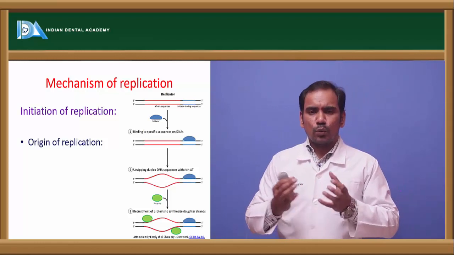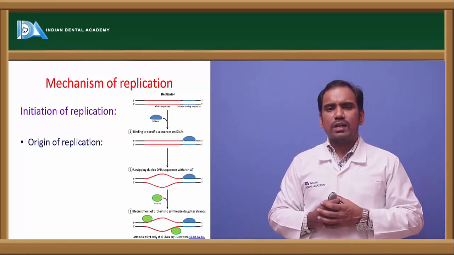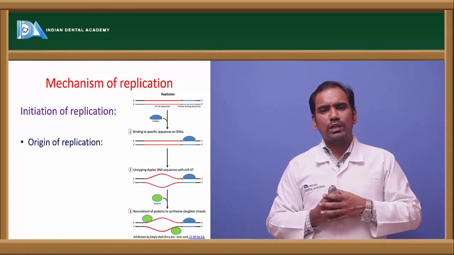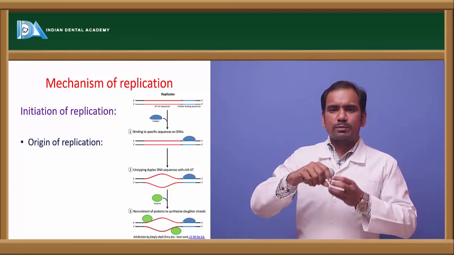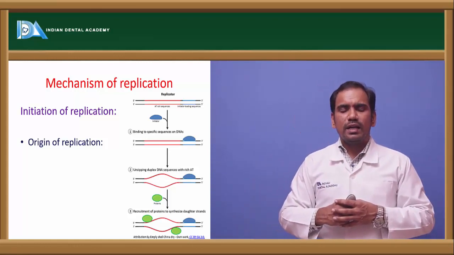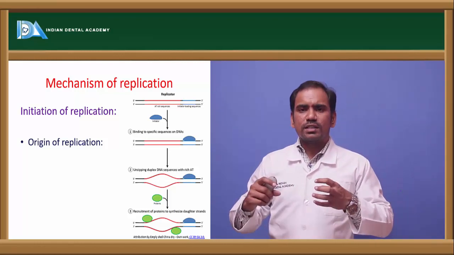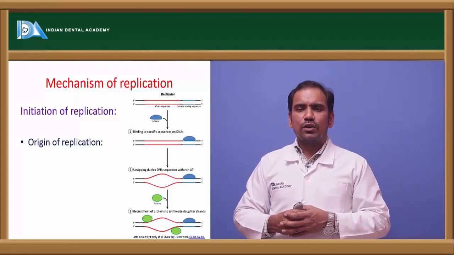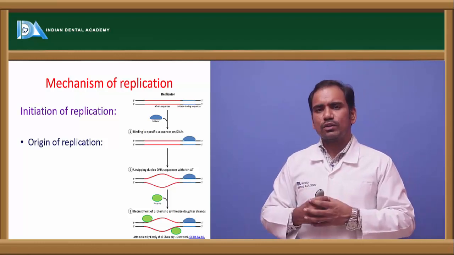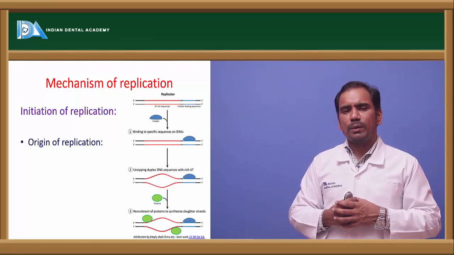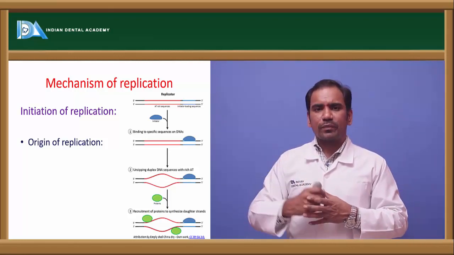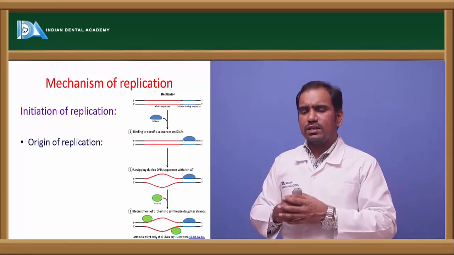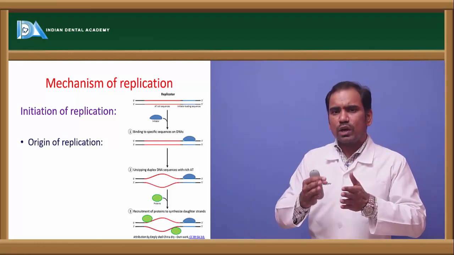as I told you, we have some other proteins. One of them is a protein called DnaA protein. In case of prokaryotes, the function of that DnaA protein is that it binds to a specific region on the DNA, which we call DnaA boxes. Those DnaA boxes are present in the ORI region. In order to initiate replication, that protein has to recognize a particular region on the DNA. We call it the ORI site, origin of replication, which has to be recognized to initiate replication. That origin of replication